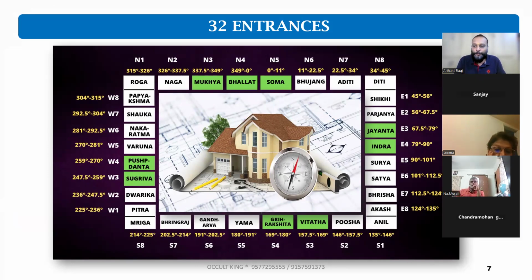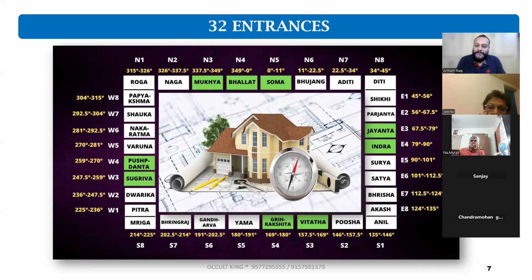In a few slides or a few places, the names can be different. It is one and the same. In different granthas, the names have been given differently. So nothing to worry about that. Just follow whatever is available. So these devatas, if you see, as per the Shastras,